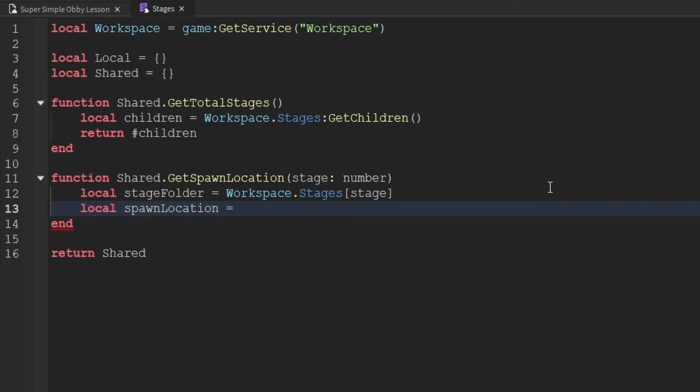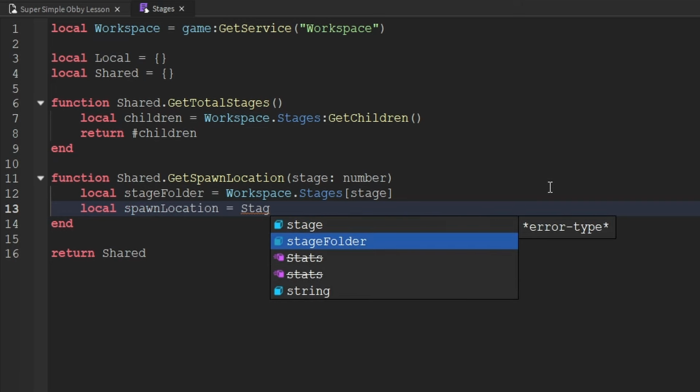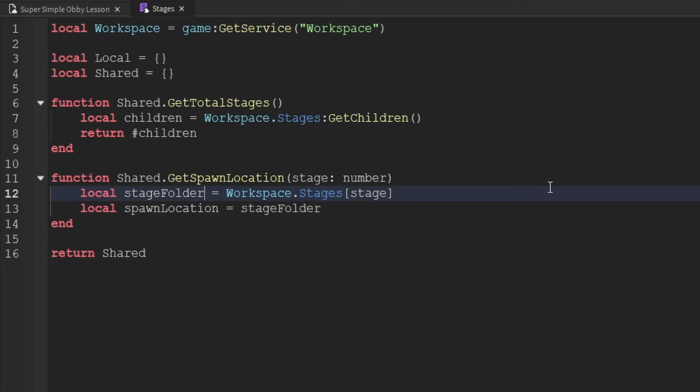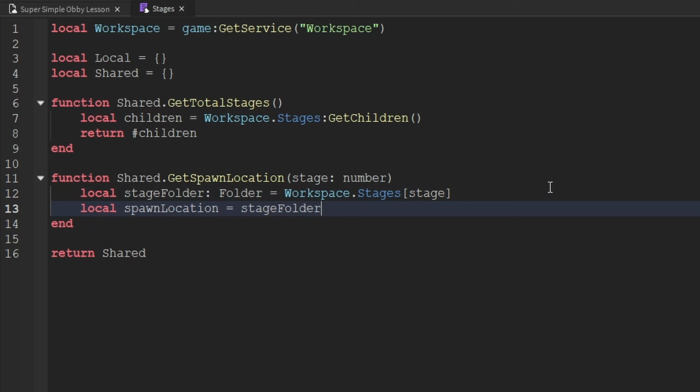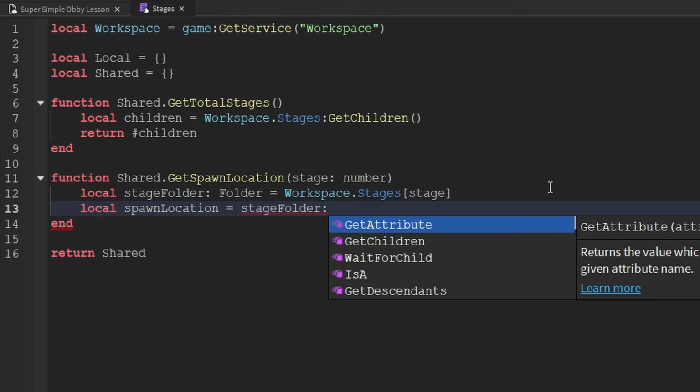And how are we going to get the spawn location? Well, we'll use the stage folder, and we should actually specify the type of this. So we'll go back to the stage folder variable and use a colon to indicate the type of this, which is a folder. Now that we specify that type, when we actually try to use a method on this variable, we can actually see suggestions given to us. And the method that we want to use is